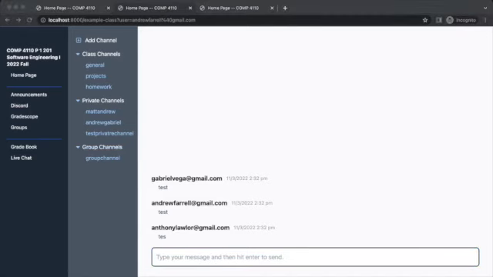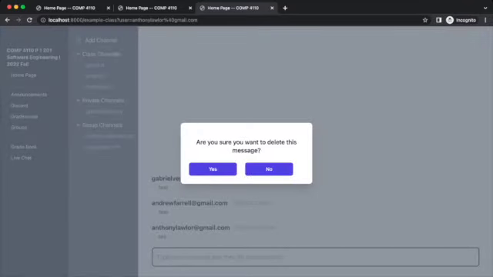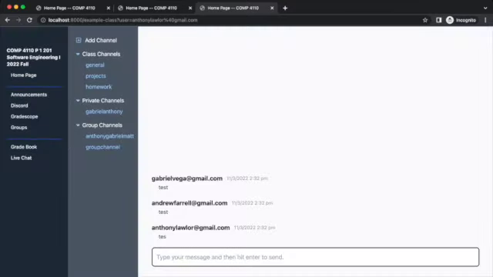So a tool that we have implemented into our prototype is the ability to delete messages. As a user, you're only able to delete your own messages. So right now, I'm in the Anthony Lawler account. So if I go to delete, say I made this test message before, if I click on it, it asks me a prompt, are you sure you want to delete this message? I can hit yes. And if I refresh